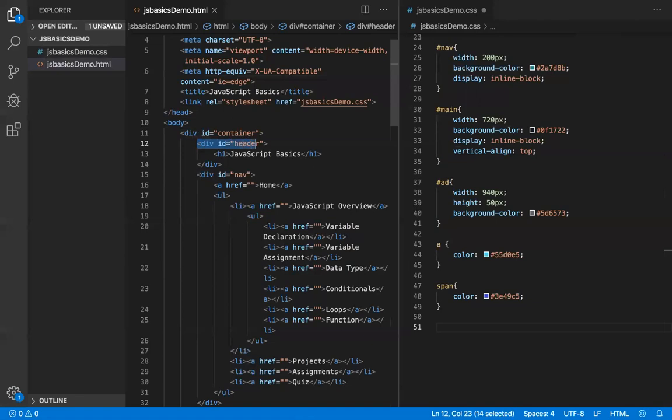Header. Yep, header, right? So if I want to target the H1 that's inside of the header div, I could say header H1. And this will target the H1 or any H1 that's inside of the header div. Since we only have one, we don't have to be too specific about the H1. We could just say from the header on the H1, I could do